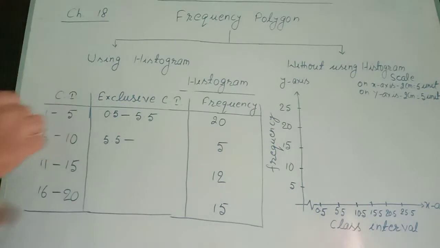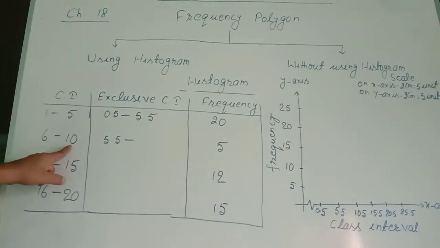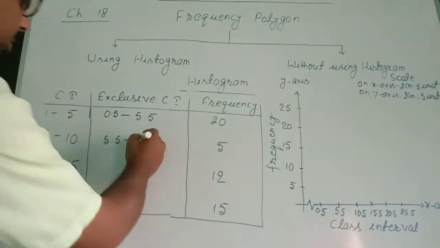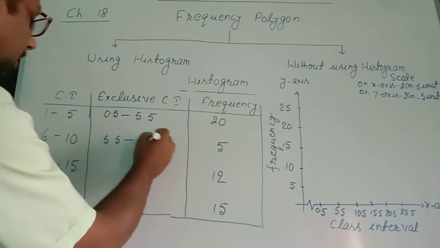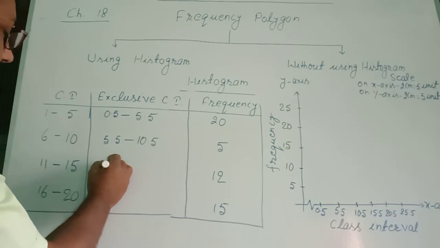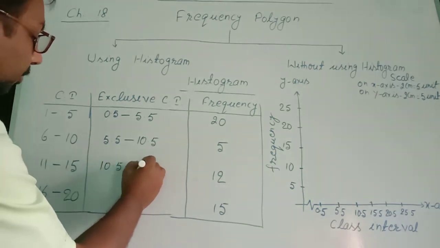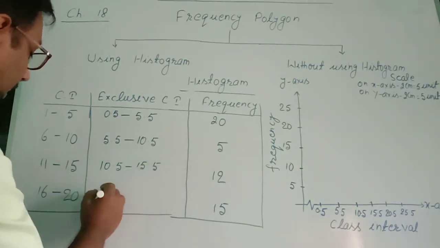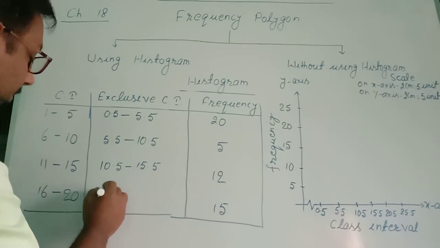And we add 0.5 to the upper limit of the second class interval, that became 10.5. Similarly, following the same rule, we can change these class intervals as 10.5 to 15.5, then 15.5